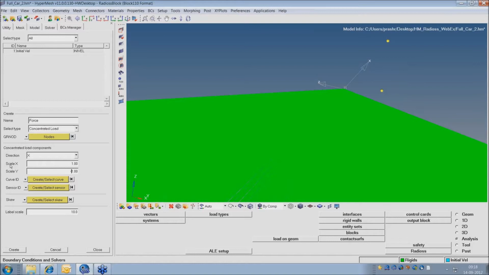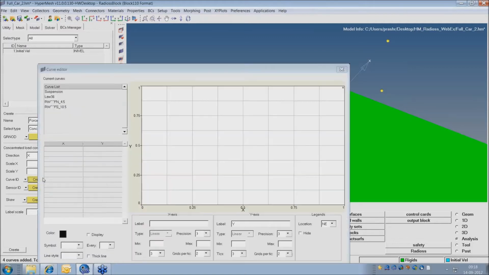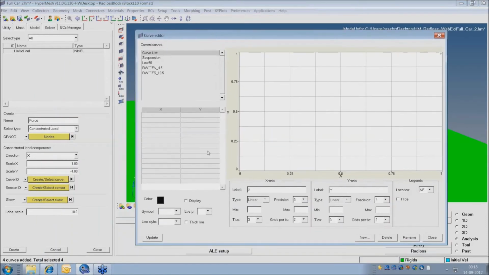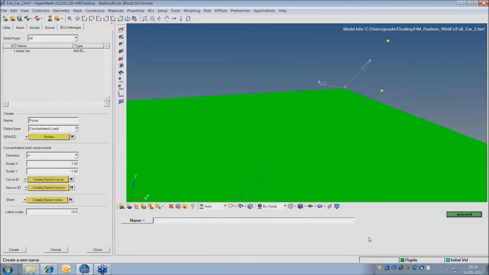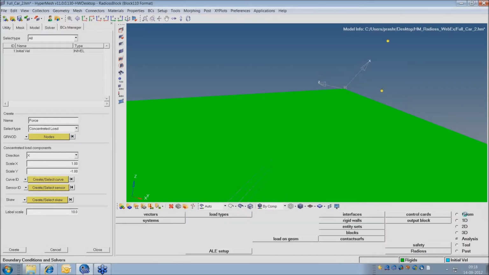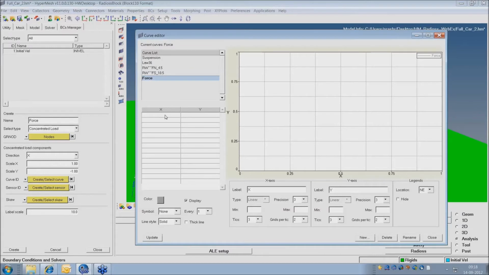Here what I am doing is this scale x and scale y has nothing to do with your directional xyz. What it means is, let me create the curve. So now in the curve, I'll create a new curve. I'll name it maybe force. I'll select that. So at 0 it is 0. I want to ramp the load at 100 millisecond.